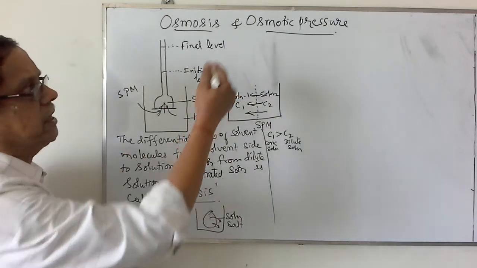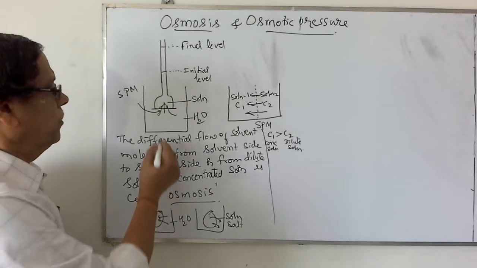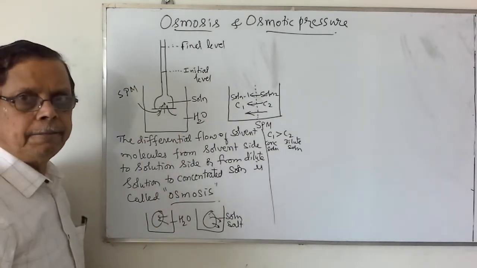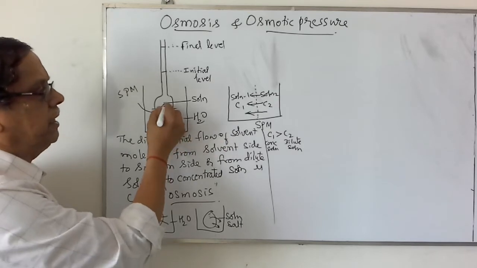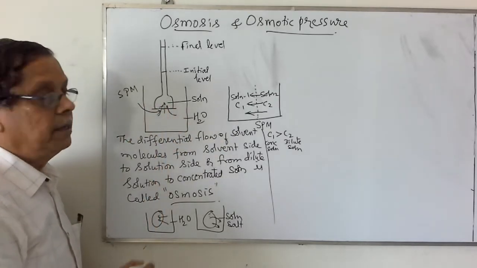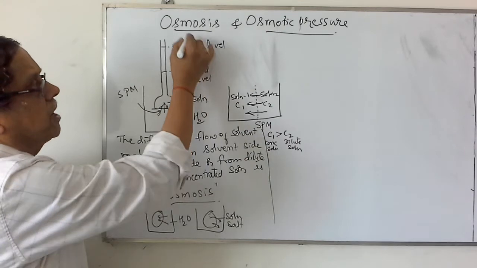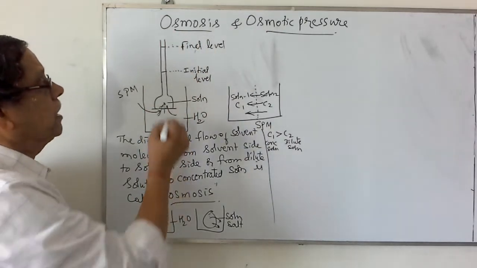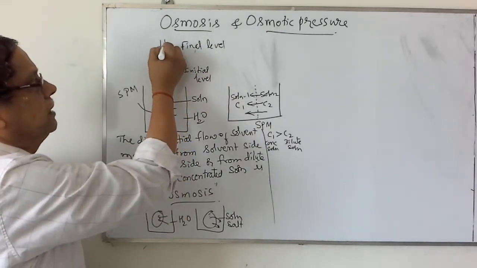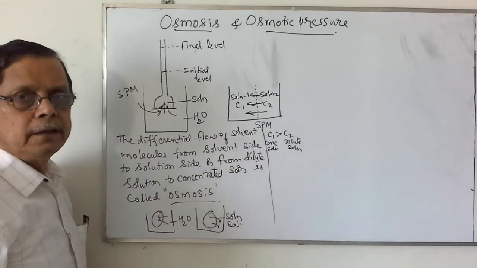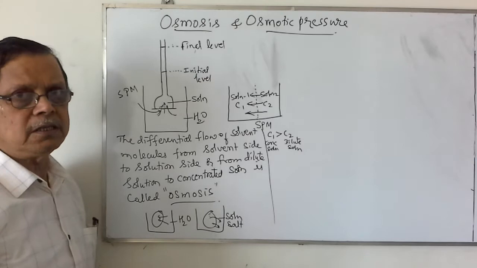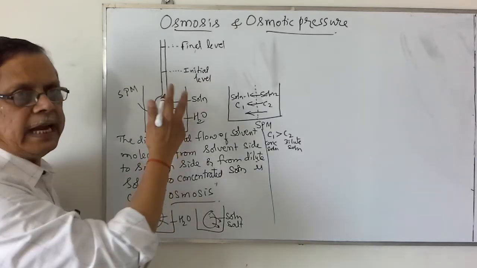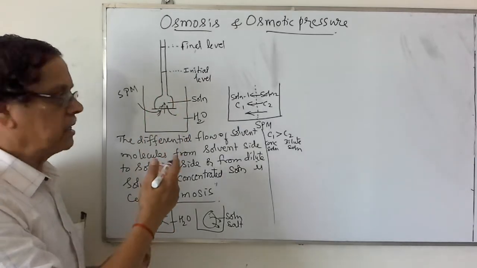Now let us see what is actually osmotic pressure. Now if you consider the same experiment, when we observe the movement of the solvent molecules from outside to the inside of the solution, the level of solution goes on increasing. But after some time it remains constant. This is the steady level. This steady level is attained because there are two forces acting in this case.